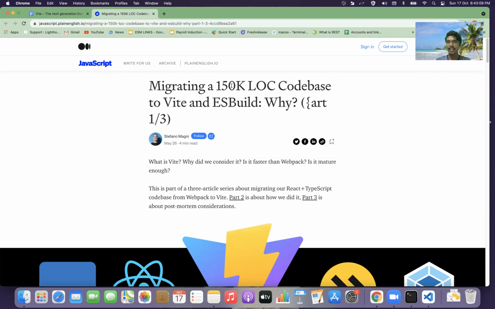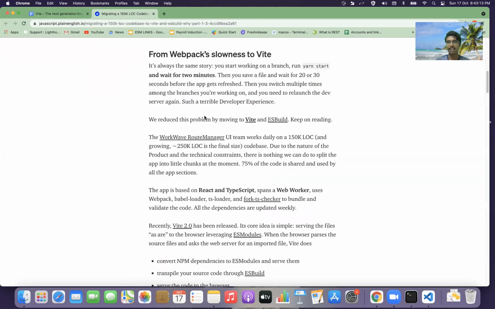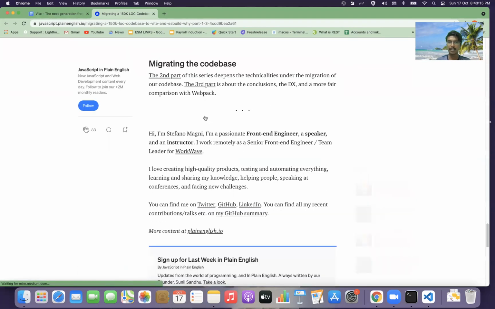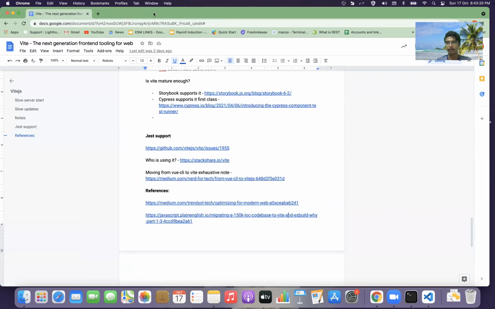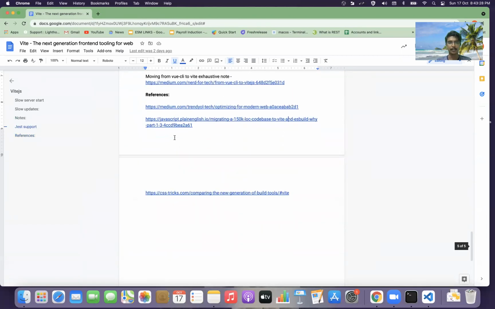It's a 150K LOC code base. It's a 3-part article where he explains everything in a very detailed manner, right from how to migrate your existing projects and what the caveats are. I'll leave this article link in the description.